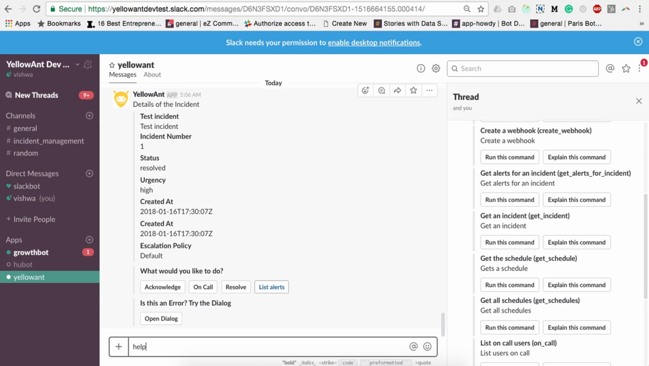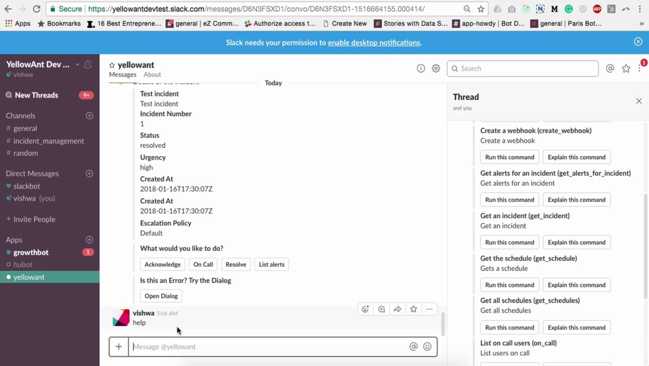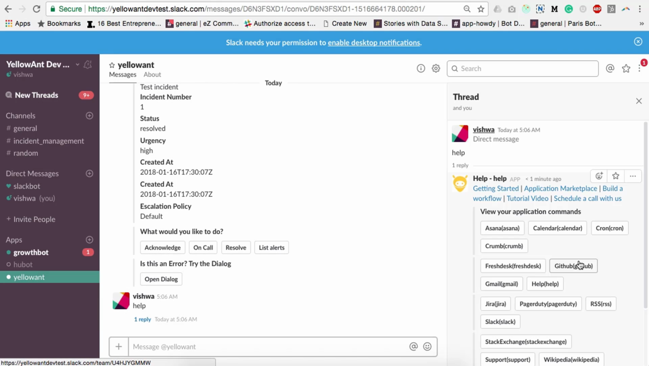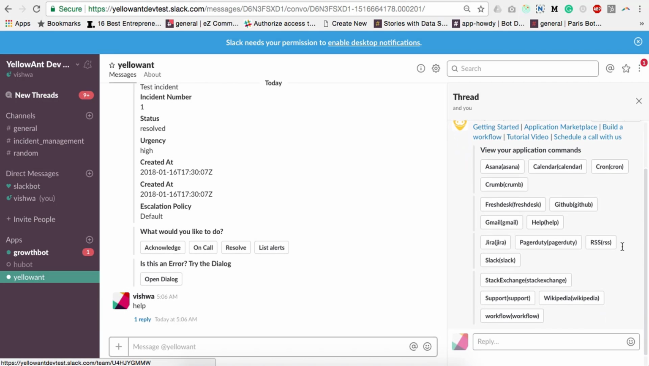Now, if I want to see the list of applications that I've integrated with YellowAnt, all I have to do is just say help, and these are the applications that are integrated. So Asana has an invoke name of Asana, calendar, so on and so forth. So most applications have a very intuitive